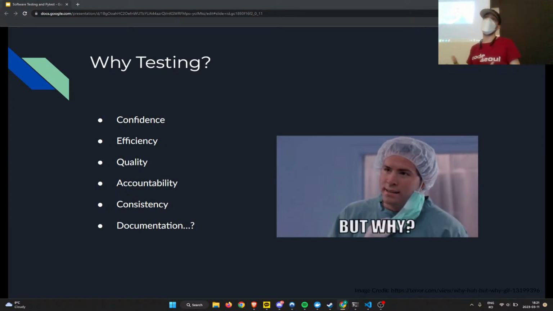And when your project manager is like, hey, I don't have time for you to write tests, it's like, well, if you give me 1 hour to write tests now, it's going to save me 30 minutes of testing this thing every release for eternity, right? So that's a pretty good argument.